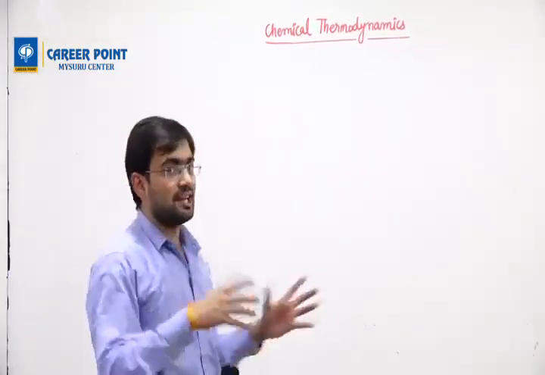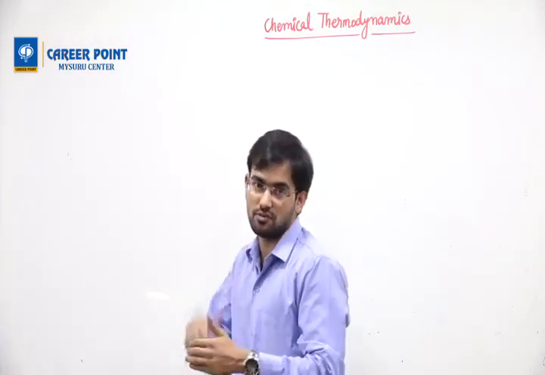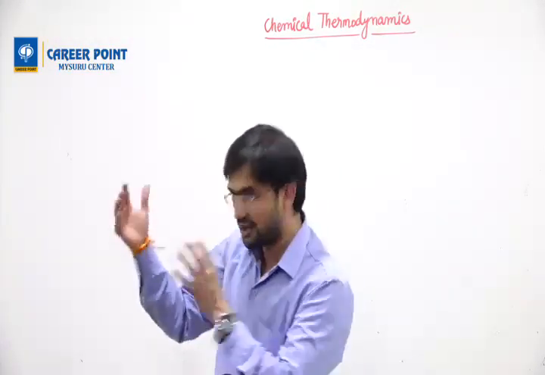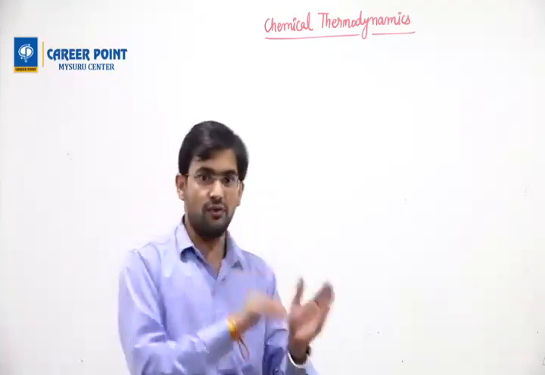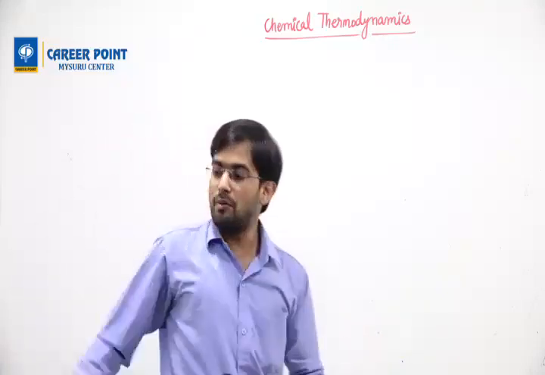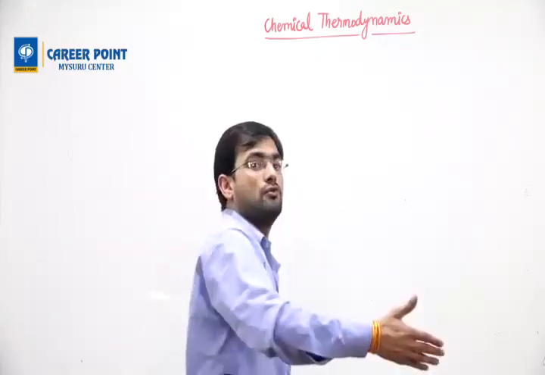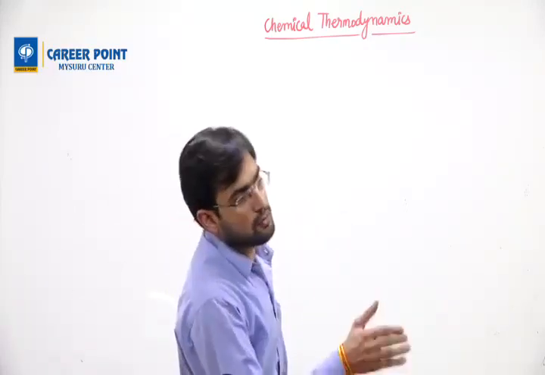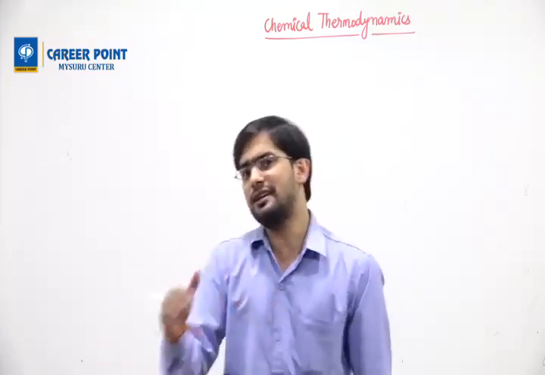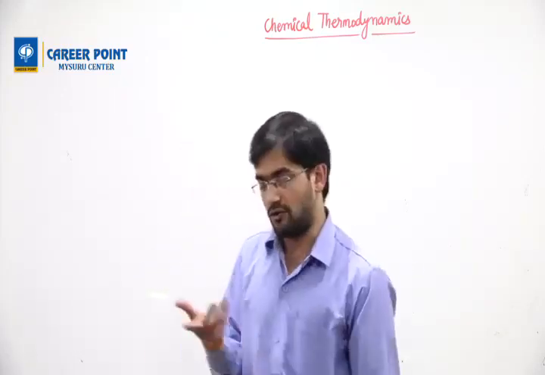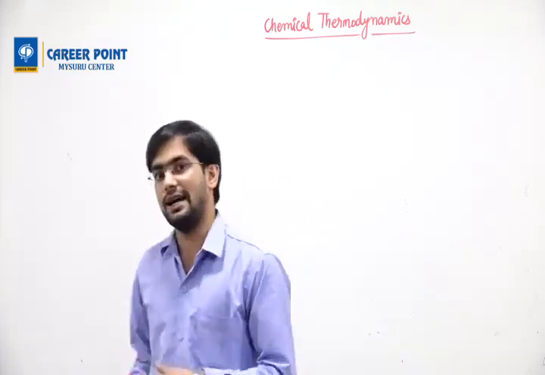They will give me a process. These all six are state functions which depend on the initial and final state. So there should be an initial and a final. It means there should be a change of state from initial to final, and that should be a process. Whenever you want to reach from point A to point B, the system is also going to move from point A to point B. In chemistry we call it a process, not a reaction, because they are not taking place from one step to another.